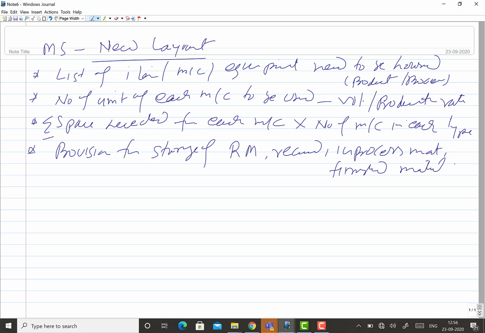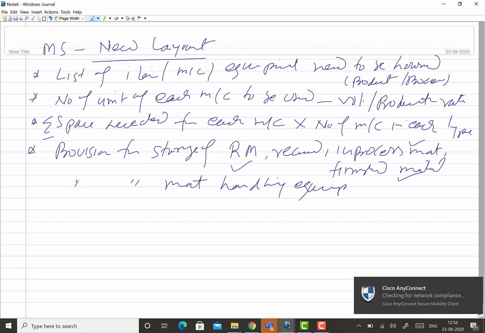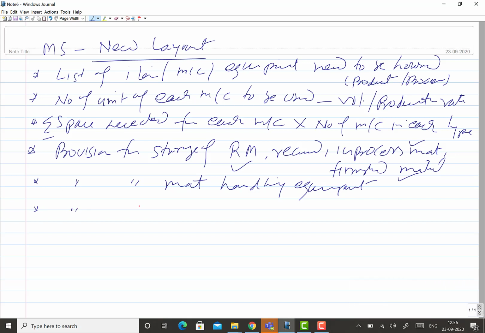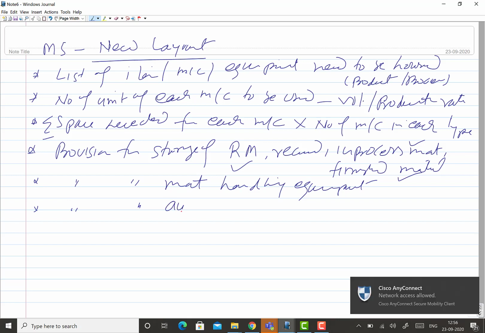So provision has to be made to accommodate the incoming raw material, in-process material and the finished product. Also provision has to be made for movement of the material handling equipments which will be handling all this. Then there is also provision for auxiliary services,